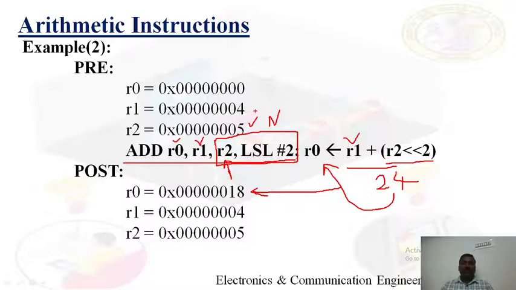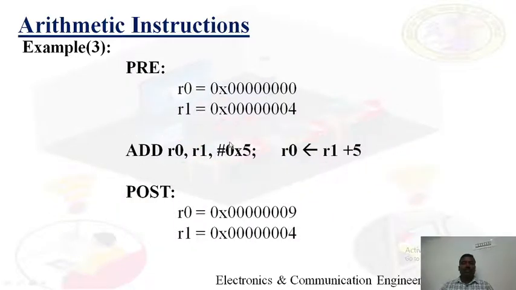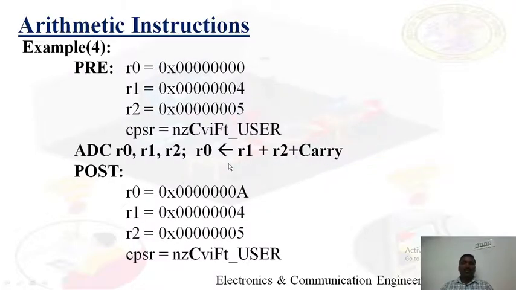And one more thing, there is no modification to any of the source registers; they remain the same. Coming to the third example, in place of N we have written an immediate number. So this immediate number is added to R1. Let's say R1 is initially 4, and the immediate number is 5. These two are added, then that value is stored into R0, and there is no modification to the R1 register. So this is example 3. Now move on to the fourth one.